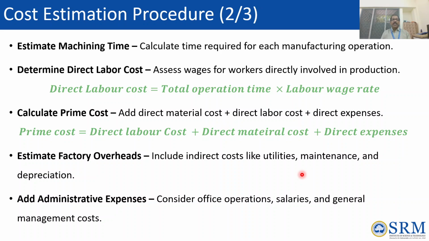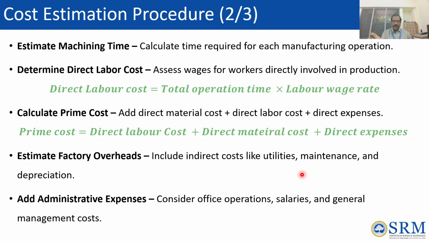Then we need to calculate the prime cost. So what is meant by prime cost? It is the sum of material cost, direct labor cost, and direct expenses. Whatever directly affects your product comes under direct. It may be material cost directly, or the labor who is actually working on that component, which is the direct labor cost. Direct expenses are something on the particular machine. So all of these come under